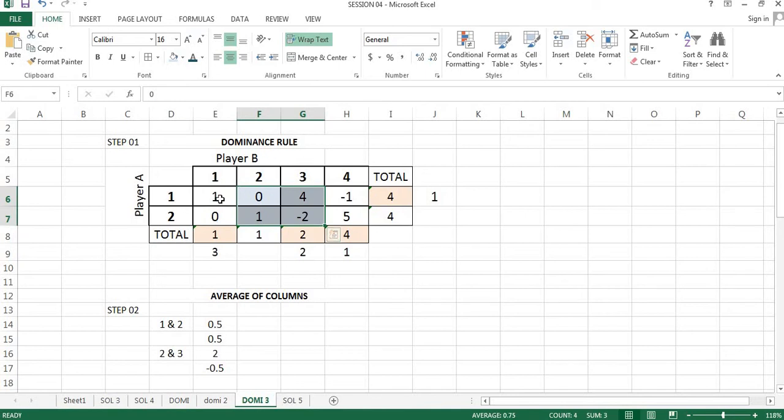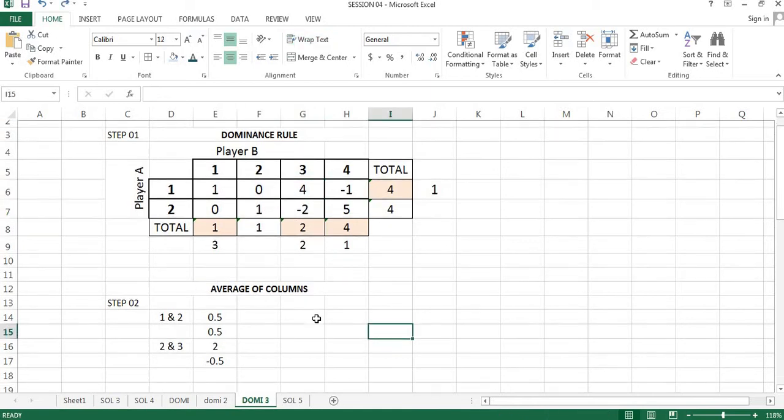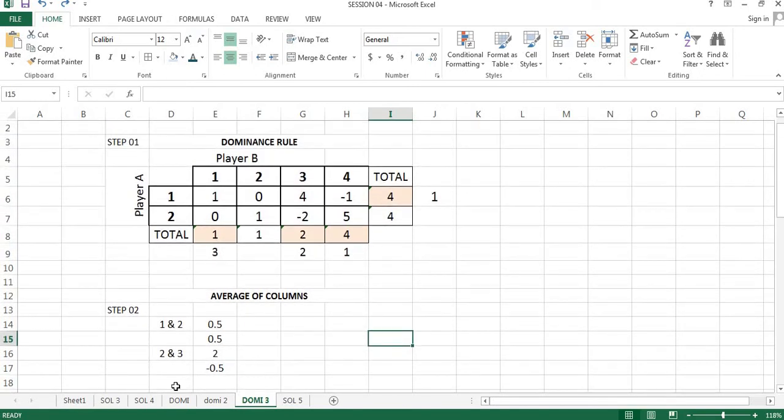2 is greater than 1, minus 0.5 is less than 0. 2 is greater than minus 1, minus 0.5 is less than 5. So the combination of lesser and greater is not possible. So this option is not correct for our solution. So let us take columns 3 and 4. Okay, columns 3 and 4.